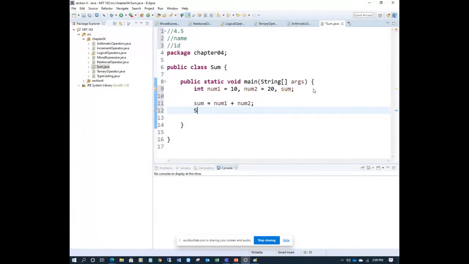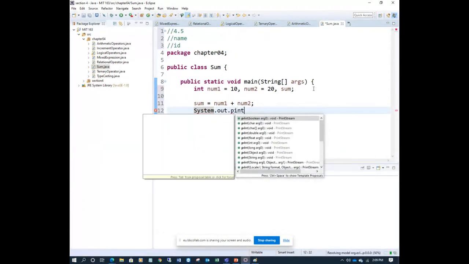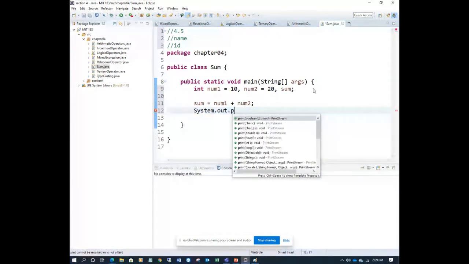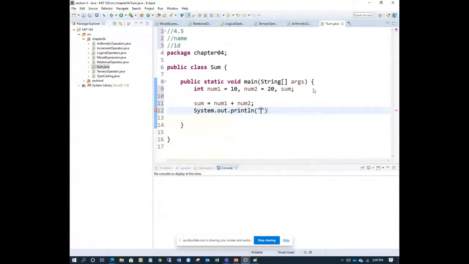Then you use System.out.println to print the result, saying the sum is, and the value of sum.